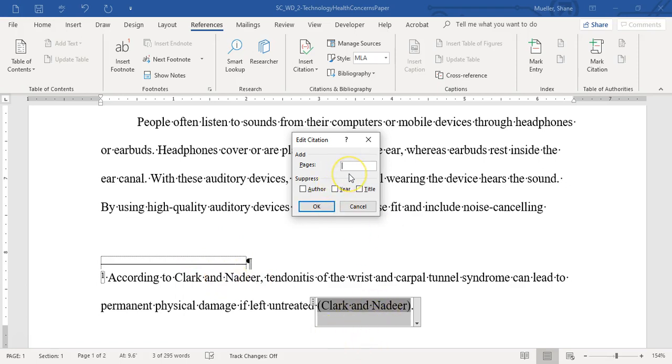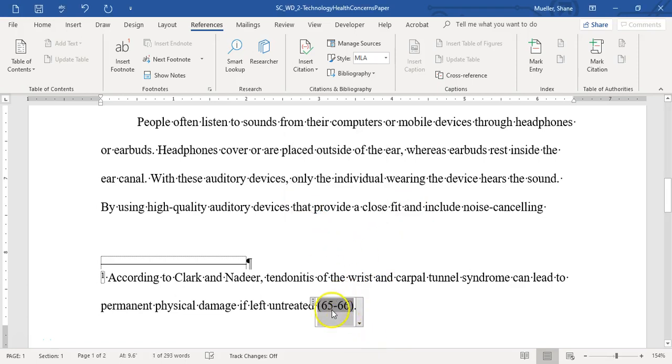So what we're going to do is enter the page numbers where this information is found, so page 65 to 66, and we are going to make sure we suppress the author and suppress the title. That way it's not going to show all that information here. Let's say OK, and there's our source, our citation. Since we say according to Clark and Nadir, tendinitis of the wrist,